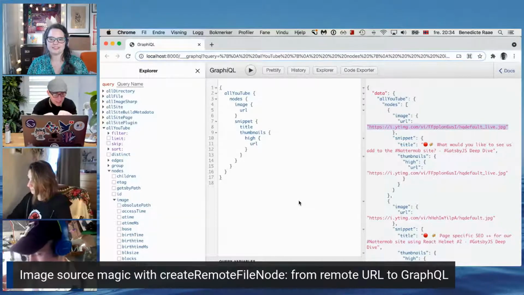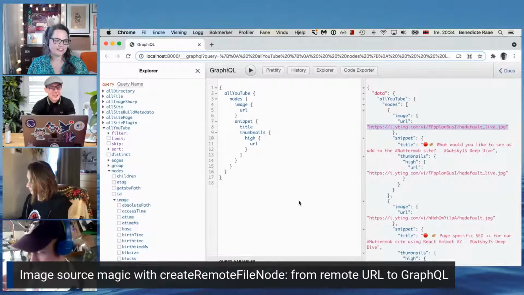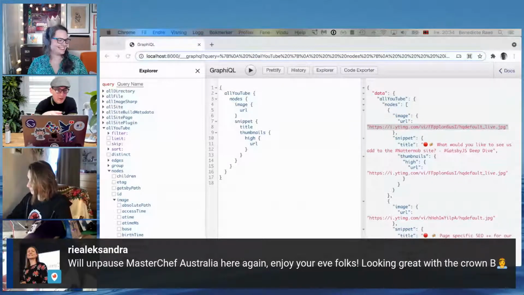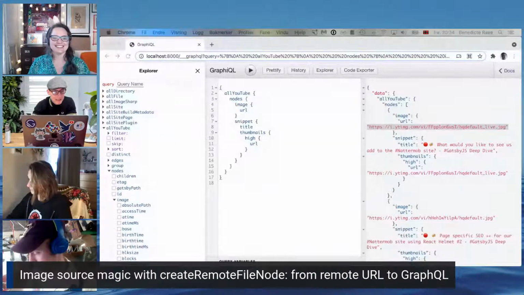And once it exists as a file, Sharp can be used to process it. So that's the next stage that we're going to do. But I don't want to overwrite any existing nodes like the thumbnails high URL, because it's going to mess with other parts of our application. And I just want to leave that data as it is, because we might use those URLs for open graph